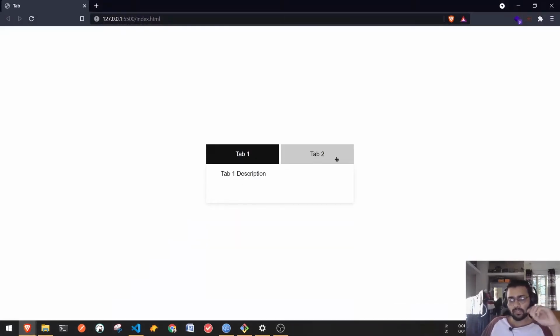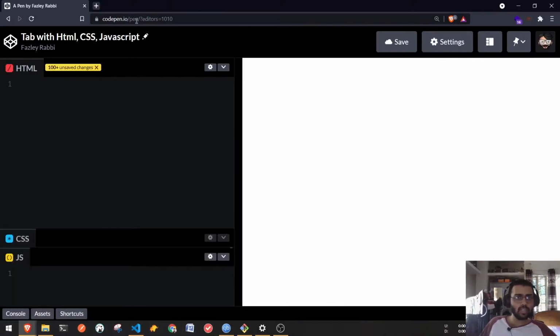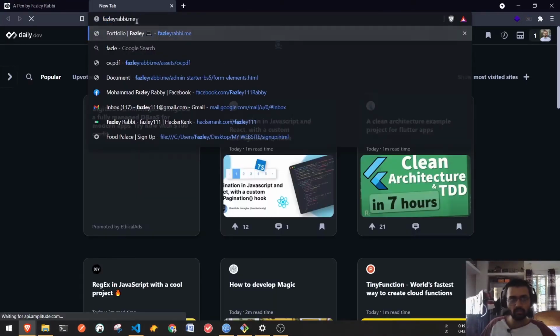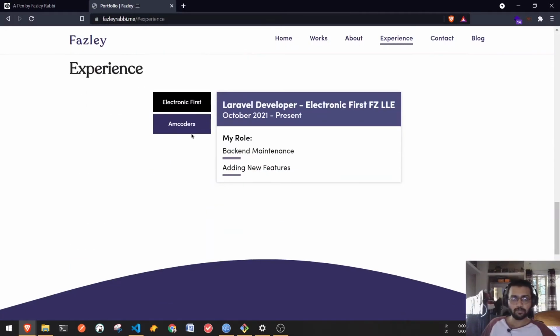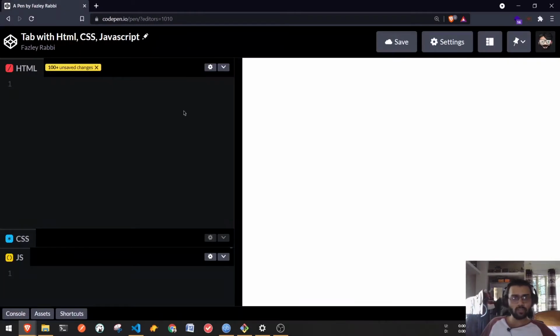I've already done this, so I might look onto my right side on the reference. I have the secondary monitor here, and I've already used this tab on my personal portfolio, on the experience section, as you can see here. So I will be showing this on